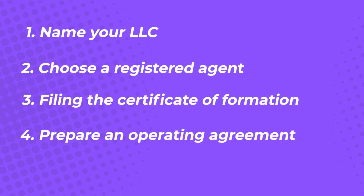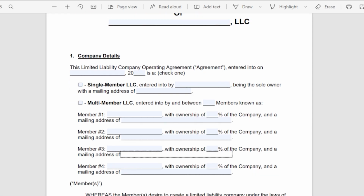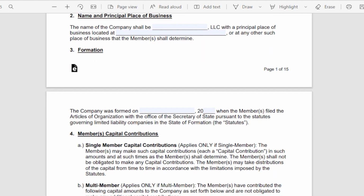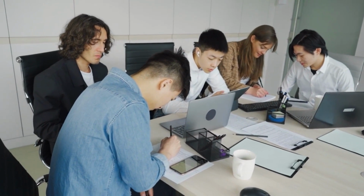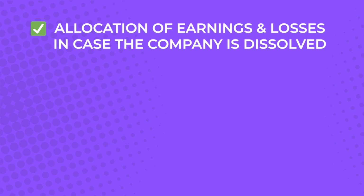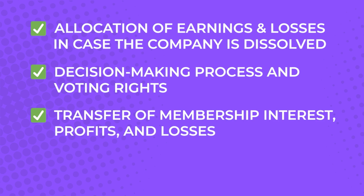Step 4. Prepare an operating agreement. The state of New Hampshire does not require LLCs to have an operating agreement, but it is a good business practice to have one. Having a document that will guide all company members, especially co-owners, directors, managers, and even new hires is always better. An operating agreement outlines every critical process that needs to be followed, especially regarding big picture issues. These issues may include, but are not limited to, allocation of earnings and losses in case the company is dissolved, decision-making process and voting rights, transfer of membership interests, profits and losses, and any other concerns that impact the